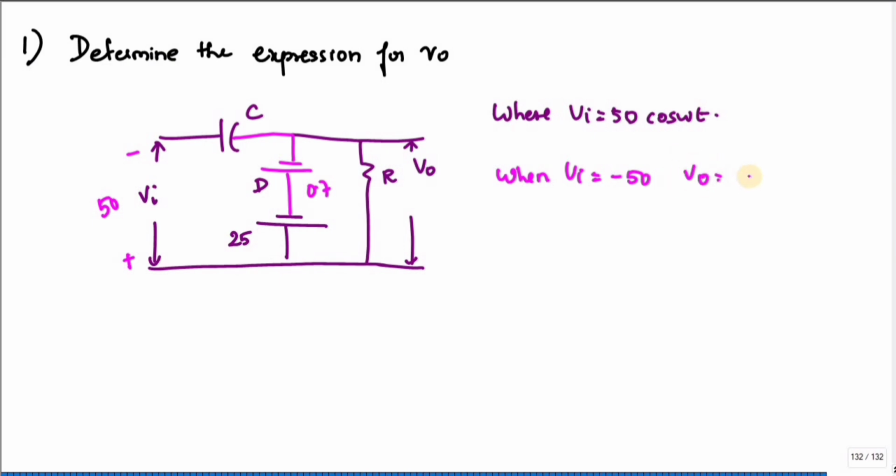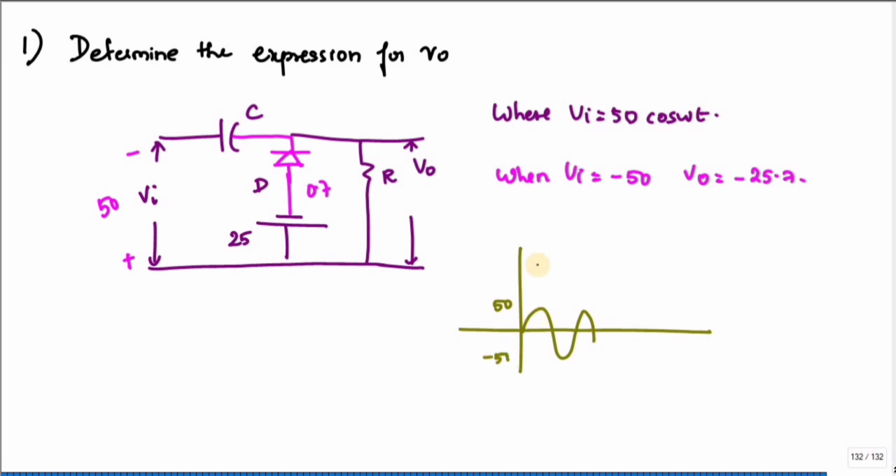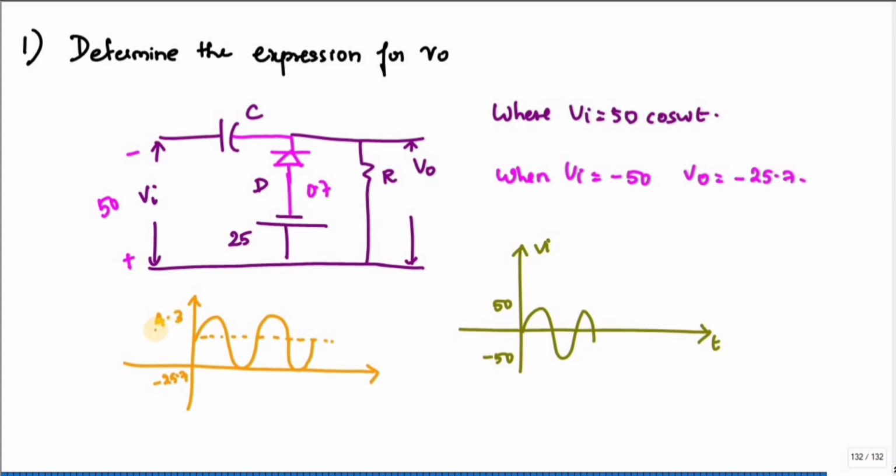Since it is a clamper, you can see the input is changing from minus 50 to 50. And since the diode is facing upward, it should go up, and so the peak to peak value of input is 100 volt, and at minus 50 the output is minus 25.7 volt. So I have to add 100 with this one to get the maximum value. Okay, so if at minus 50 it is minus 25.7, if I add 100, we get